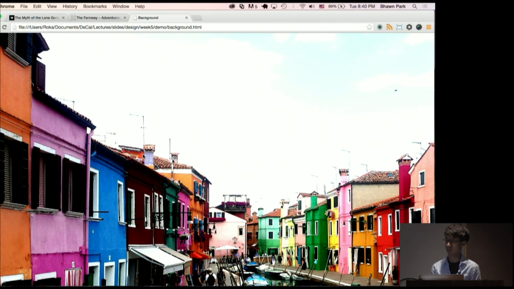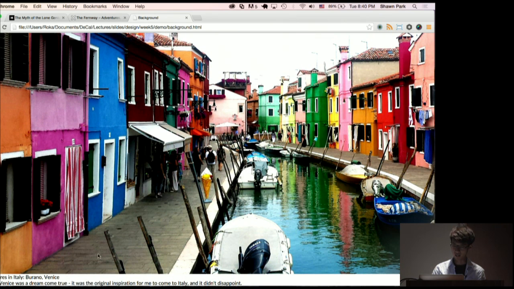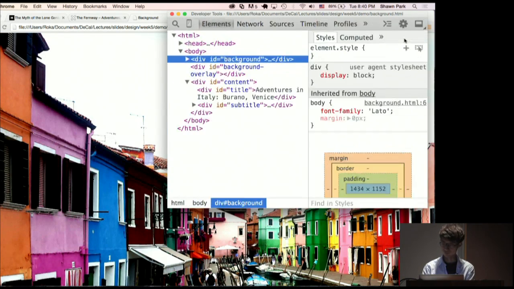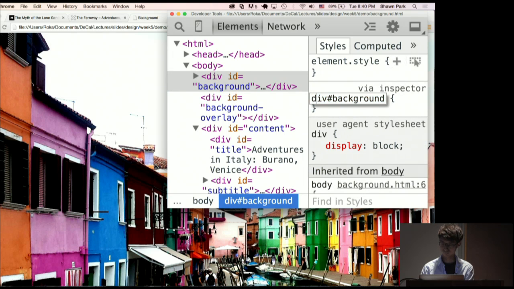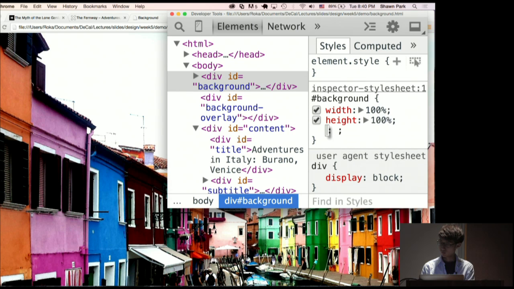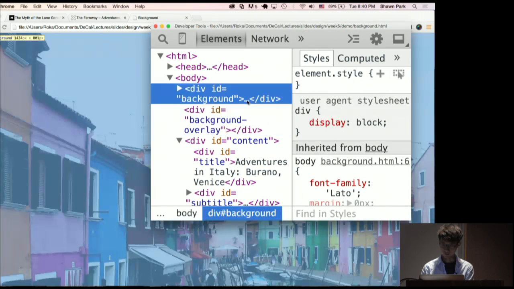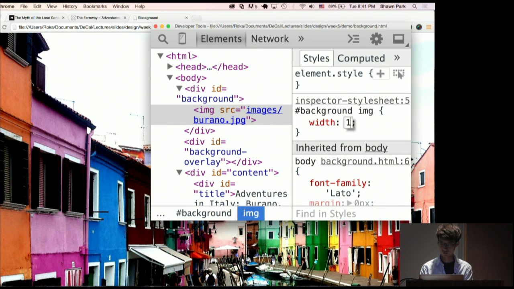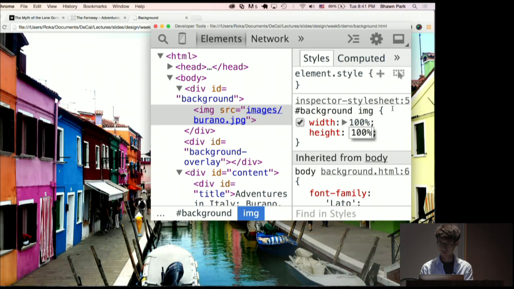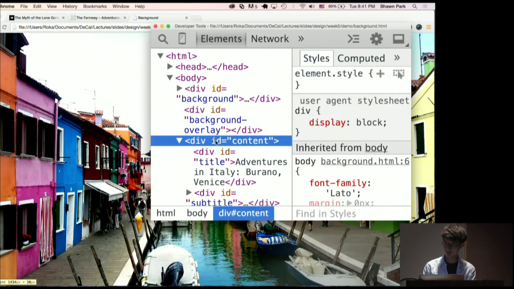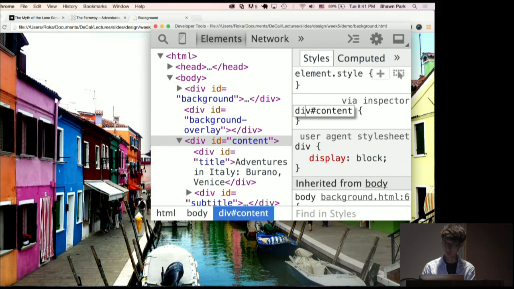Chrome. So now we have an image, and we have text. What I'm going to do is I'm going to put the text on top of an image. I have a background tag. I'm going to zoom in. Width 100%, height 100%. And for the background, inside the image tag should get the same thing. Background image, width 100%, height 100%. Now we have a background. Now the text goes on top of an image. So the text would get a position absolute.